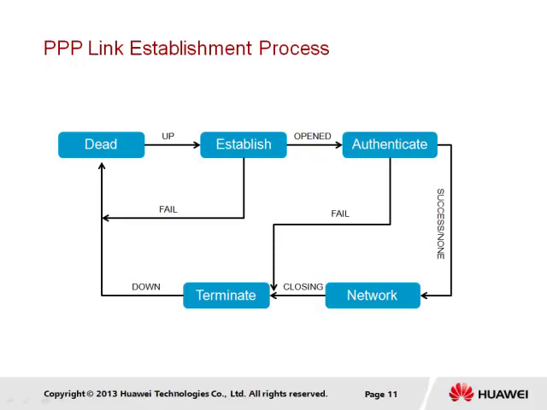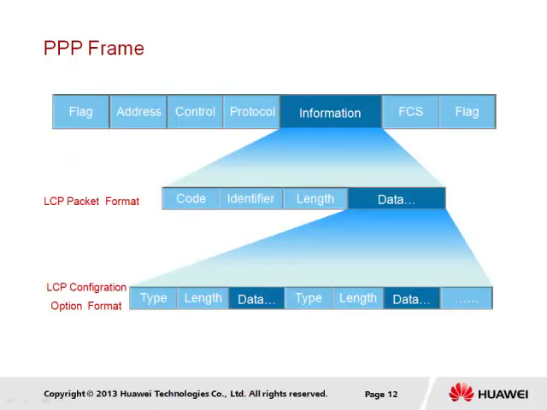Termination may occur for reasons such as link failure, an idle connection timeout, failure to authenticate, or administrative intervention. Typically, however, terminate packets will be sent to tell the network protocols of the termination process. PPP will then signal to the physical layer to initiate termination of the link, after which the link dead phase is again established.